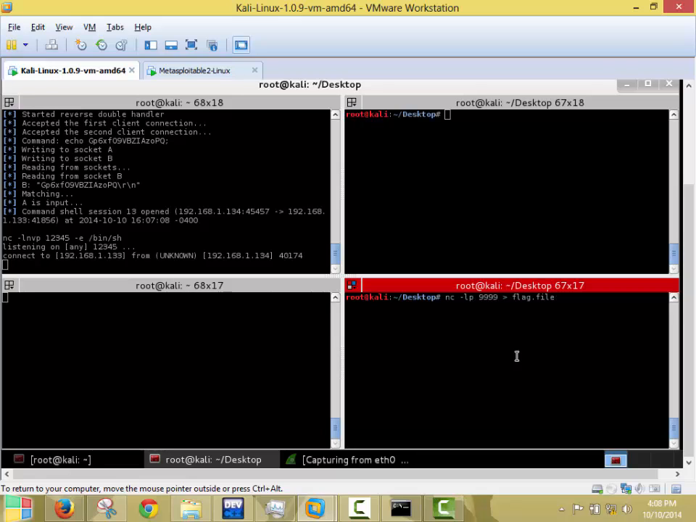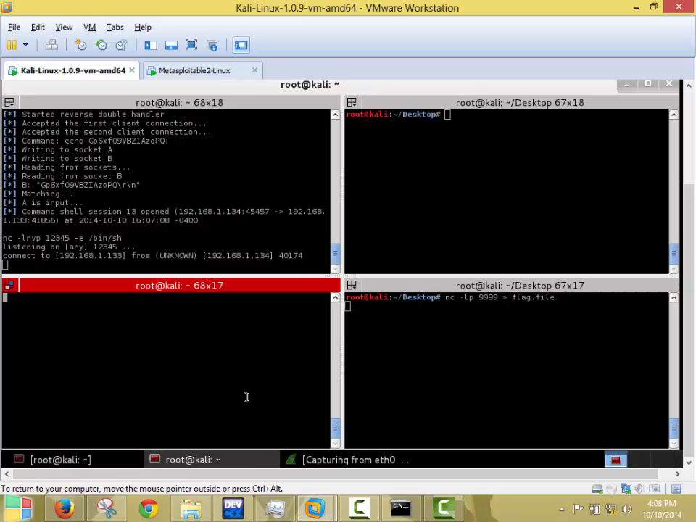So on my attacking machine, I'm actually going to set up netcat to be able to accept a file from the victim, and I do it through this command right here, nc and then -lp, which means listen on port 9999, and then take the contents and write it to this flag.file. So when I click enter or hit enter, I'm good to go to listen,